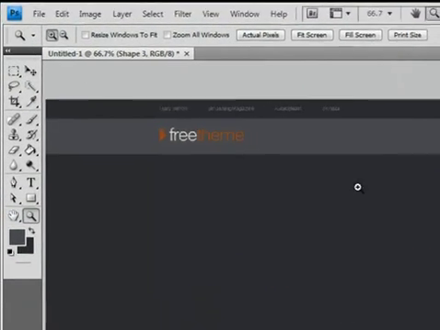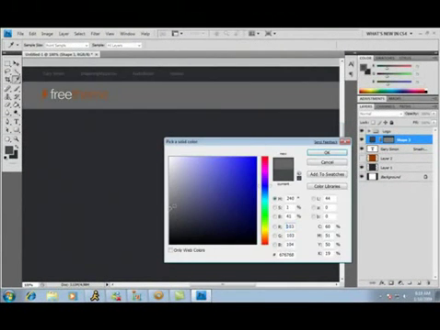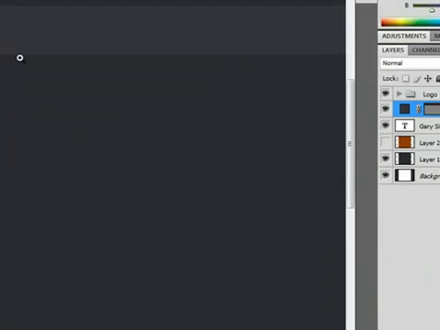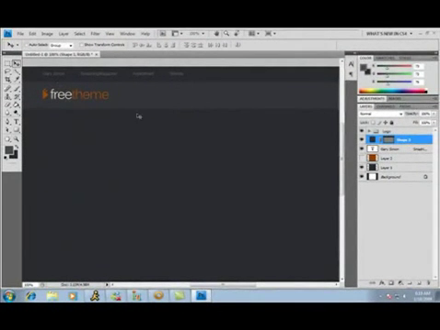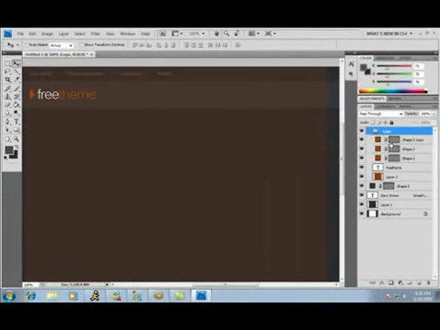Okay. And let's make it a little bit darker. Hit OK. And then let's stick everything. Let's stick this layer up here. All right. And let's